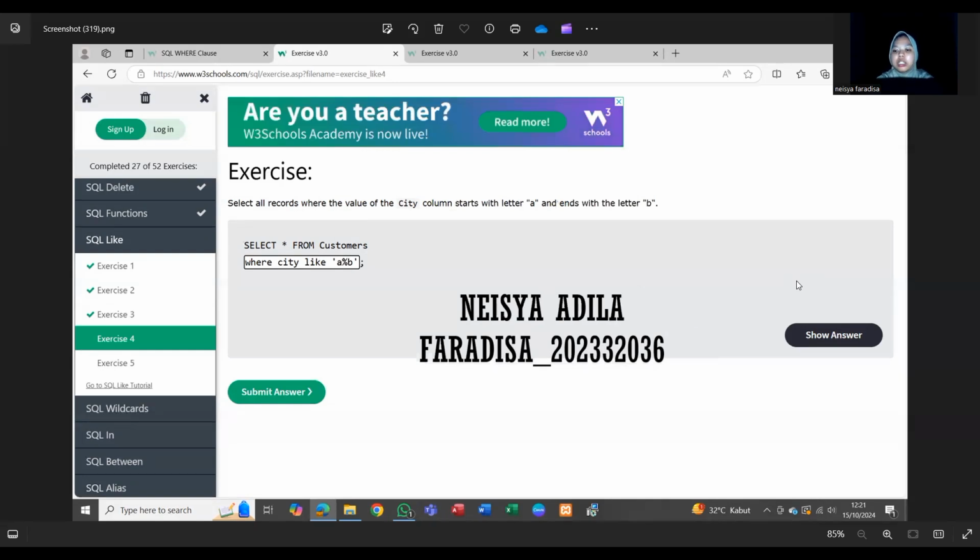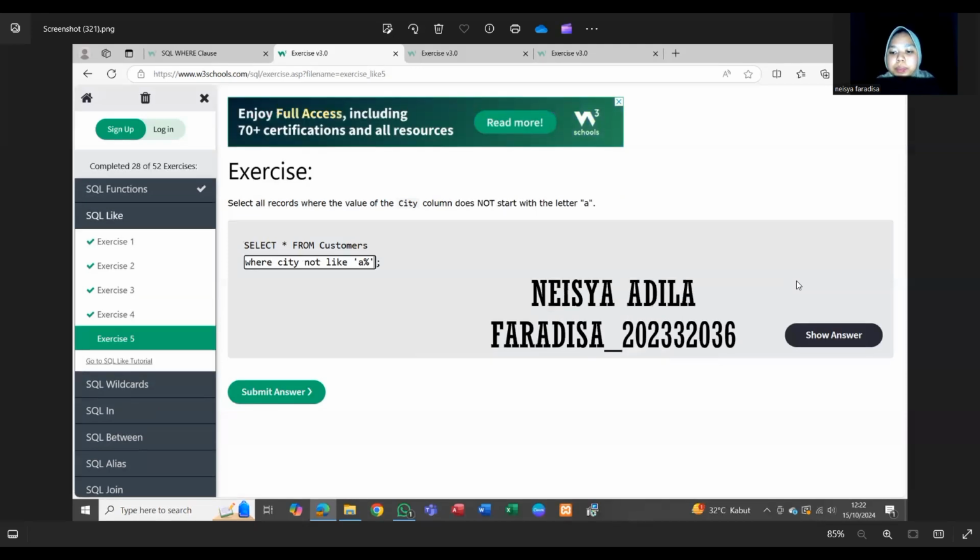Select from customer where city like A%B. Select data from the customer table, then the city column starting with the letter A and ending with the letter B will be displayed.